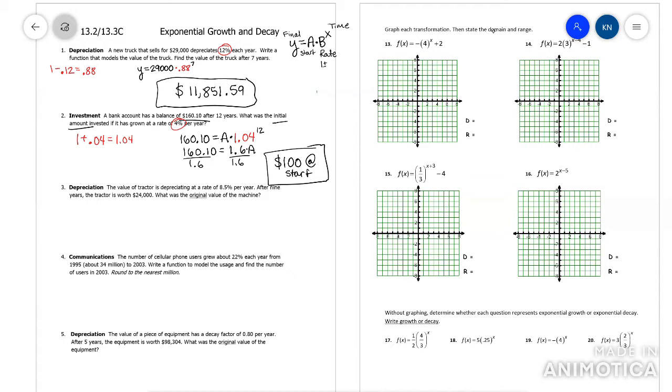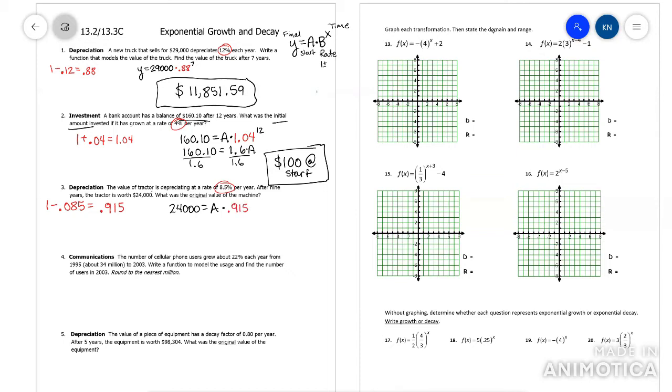Okay, next one. We're back to depreciating. It means going down. And it says at a rate of 8.5% every year. So you do 1 minus 8.5 divided by 100 is 0.085. So I think that's 0.915. That's your B value. And they're going to want the original value of the machine. So we don't know our start value. We know our finished value, 24,000, so that's Y. So it's just like the one above it, 24,000 equals, we don't know the start, times the rate, 0.915,